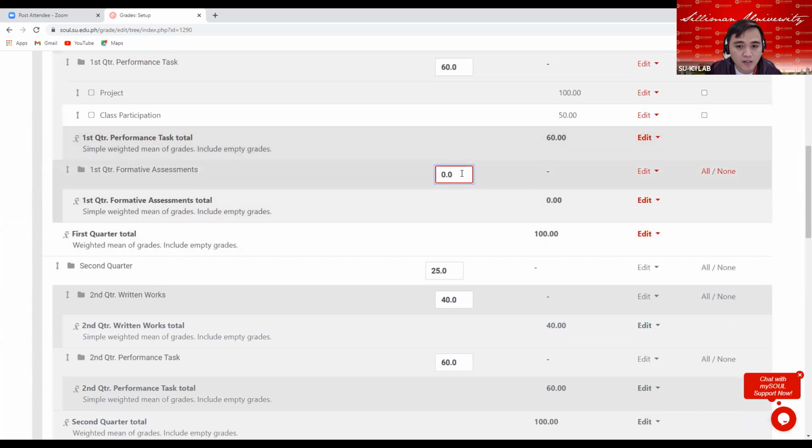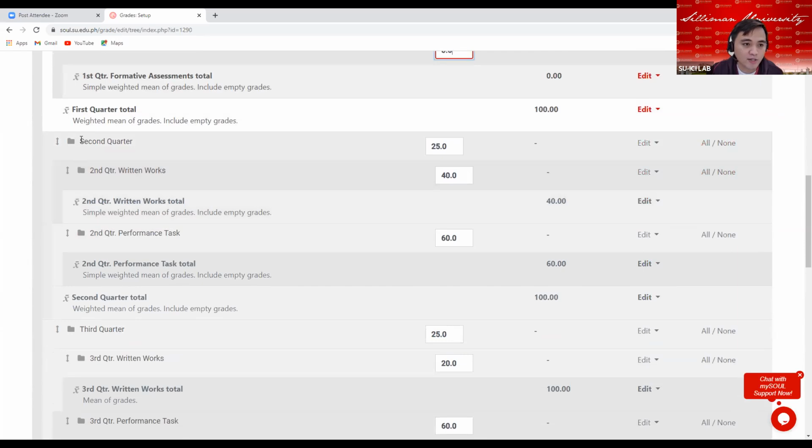So you can do that for the rest of the quarters. The same steps will do. So this is under first quarter formative assessments. So again, how to do that? For example, we proceed to the second quarter